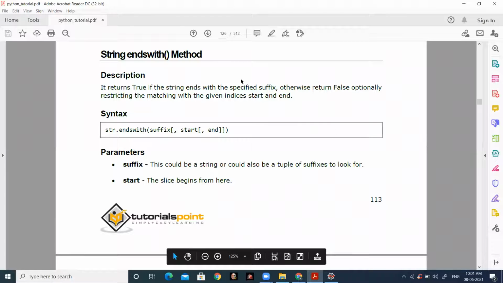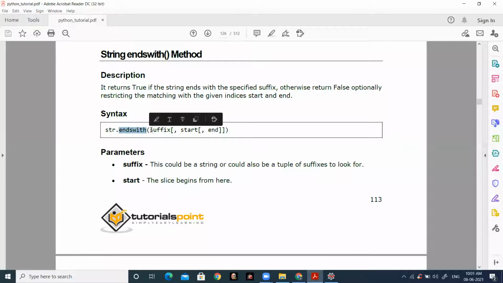Okay, so the next method is endswith. It returns true if the string ends with the specified suffix, otherwise it returns false. The syntax for endswith is str.endswith of suffix, start and end. We have three parameters: suffix, start and end.